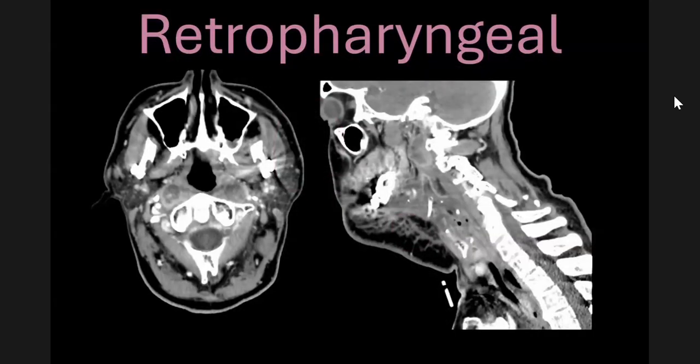Here again, we have bilateral necrotic retropharyngeal lymphadenopathy in a person who is being followed up for head and neck cancer. This person has already had treatment for head and neck cancer. You can see all these treatment changes, and this person presented with recurrence of head and neck cancer in the retropharyngeal lymph nodes. So again, very important to look at these lymph nodes even